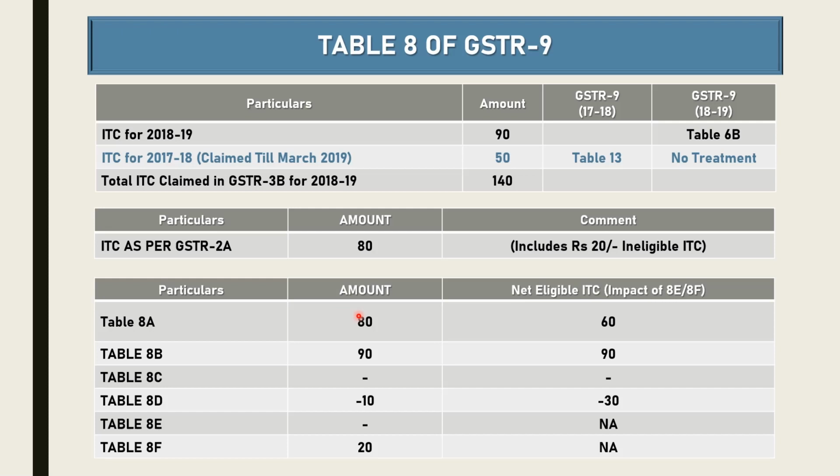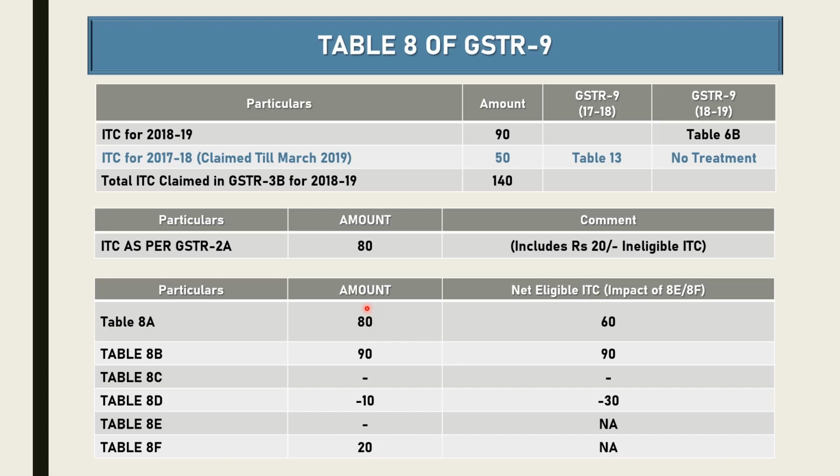Now coming to the second part, the rationale which we have developed, that our 1819 annual return should contain figures of 1819 only and not 1718 auto-populated in 1819. So as per that rationale, only 90 rupees are to be reported in table 6B, and these 90 rupees would be auto-populated in table 8B and would be compared with the figure of 80 rupees auto-populated in 8A on the